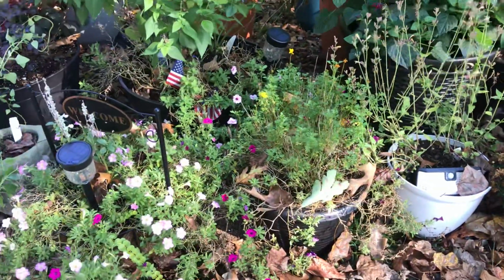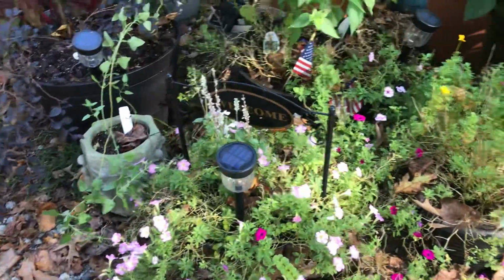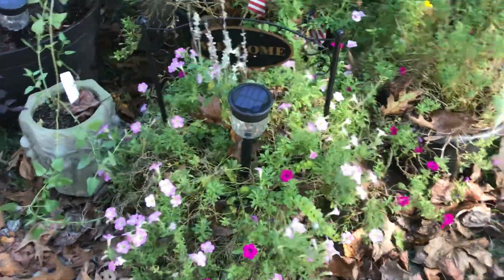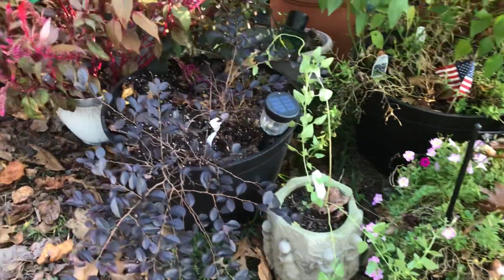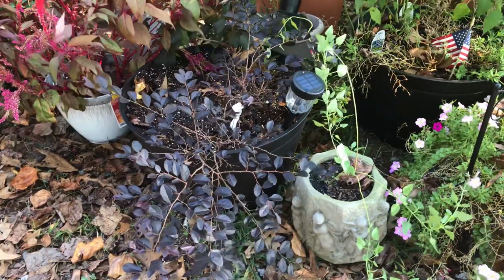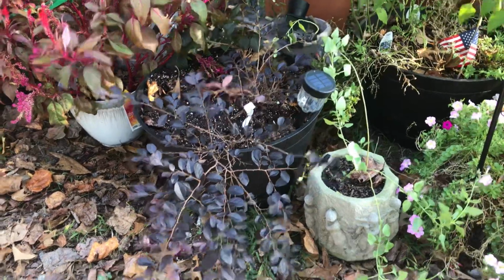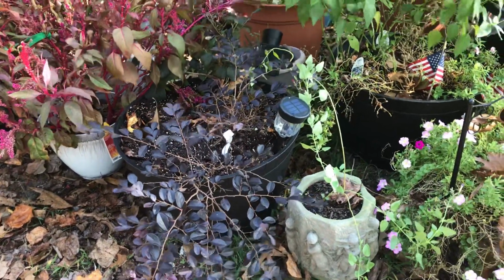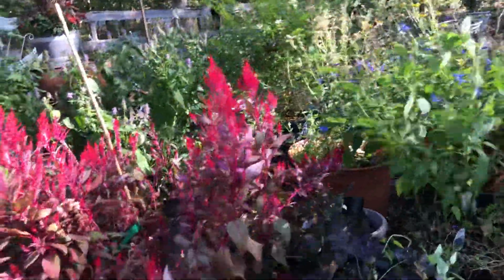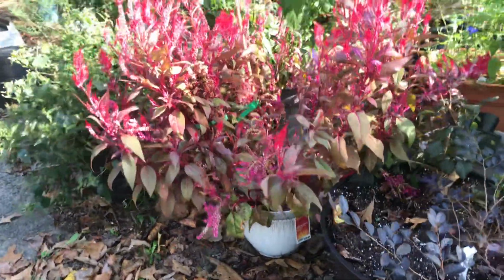I still have some planters here. Still petunias kind of going. Not the most beautiful, but nonetheless, I'll take all the pops of color. I forget what kind of shrub this is. Loropetalum, I believe. I forget which one, but it's actually kind of been happier. I planted it late, but it's doing okay considering. A little more queen nectarine,